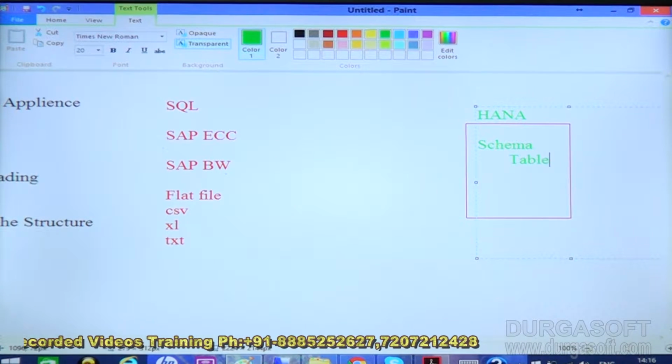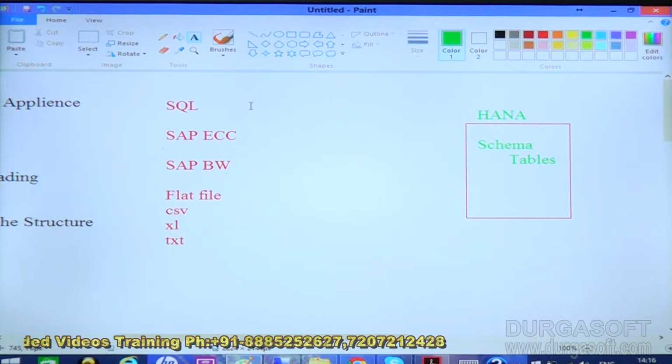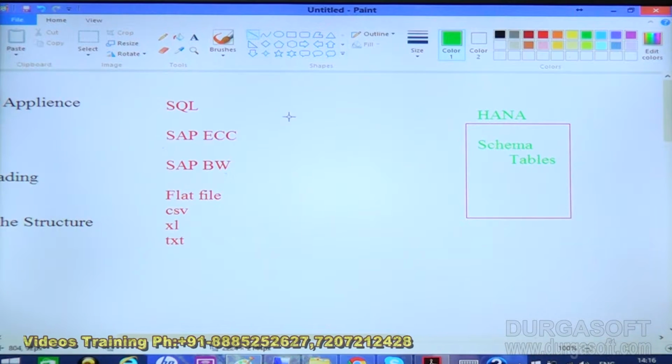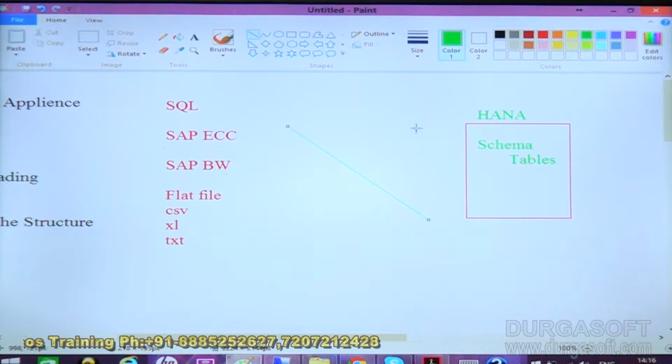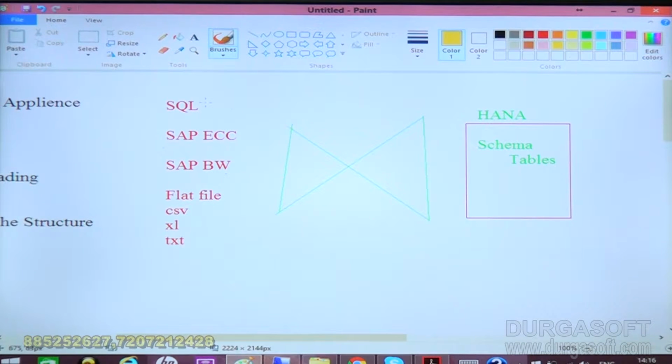The schema holds all the different types of tables. So I need to use a BODS tool. This is what my BODS icon looks like. It supports all the major databases. So I connect to BODS and BODS will connect to the SAP HANA system.